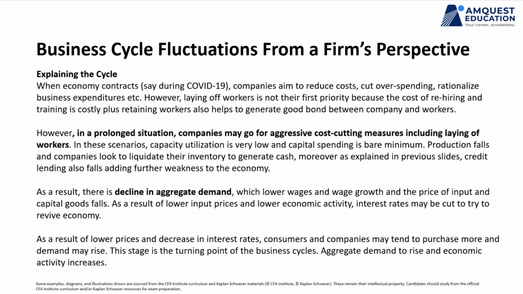Okay. And lastly, the cycle fluctuations. If you look at cycles, you do understand that the cycles will help companies decide what to do, right? Example, if the cycle is in a contraction, when COVID happened, what did all the companies do? They started cutting costs, right? They started reducing overspending, they rationalized, they started making sure that people are not being laid off, but they're covering the cost because they certainly can't lay off people and hire people. They can't just throw people out and then hire. That also involves cost. So they have to make sure that they're maintaining people, but at the same time reducing the irrelevant